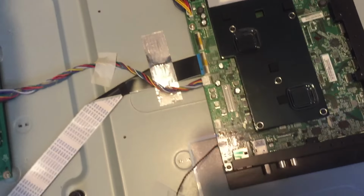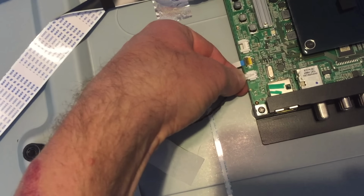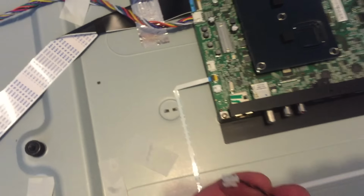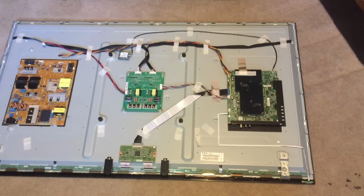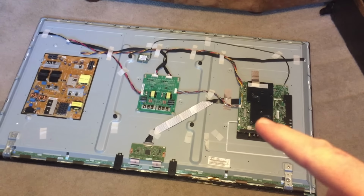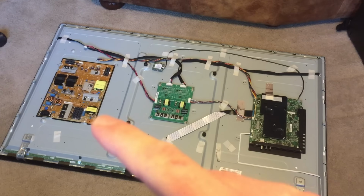But if you were doing this for the first time, you would just come in here. Again, this would be connected to the back. And you're going to lift up this little guy right here and just pull that right out. Once you have that removed, this guy again just lifts off, and you can put it over to the side. And there you go. You basically now have access to the back of the TV, and you can remove the main video board. You can remove the LCD board. You can remove